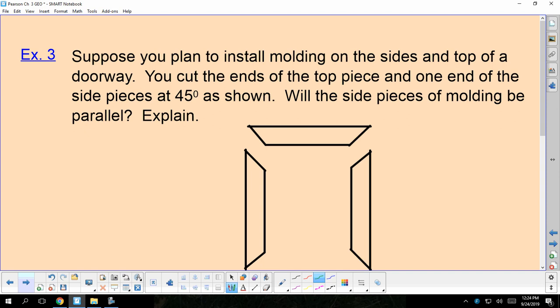Yes. Why do we call it molding? Or it could be trim or could be molded. I've heard it used both. So,